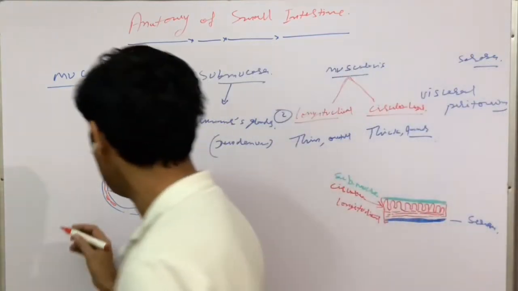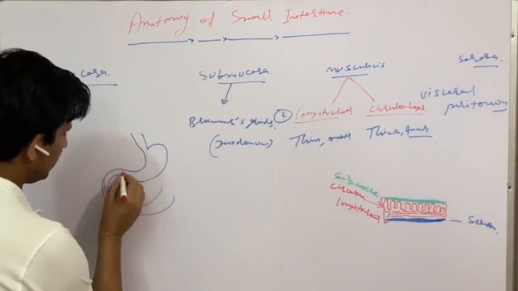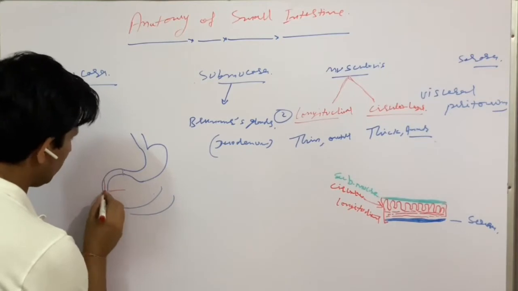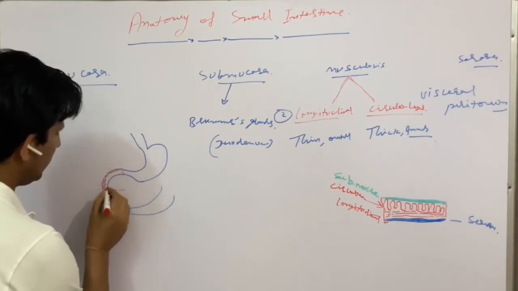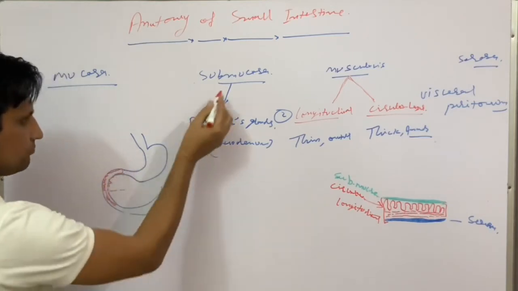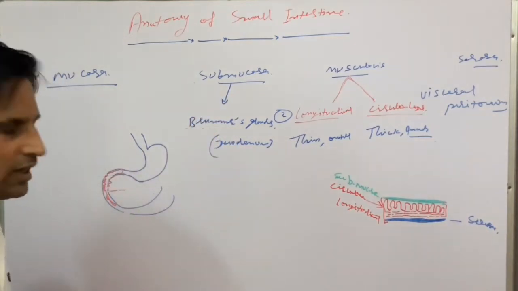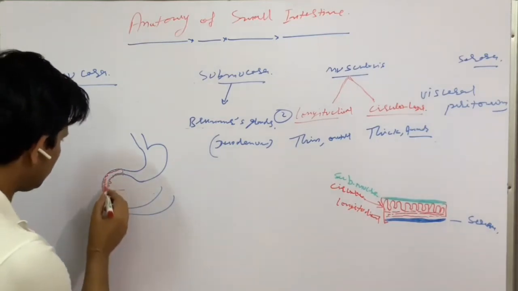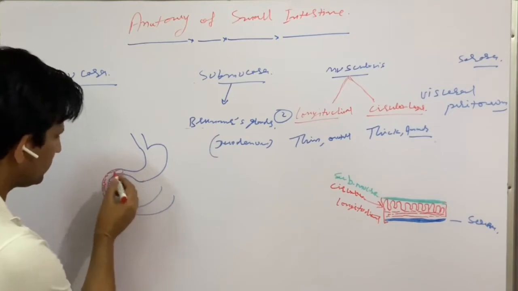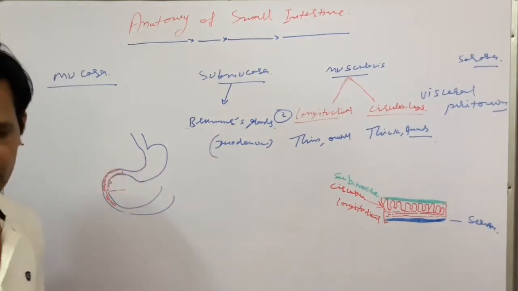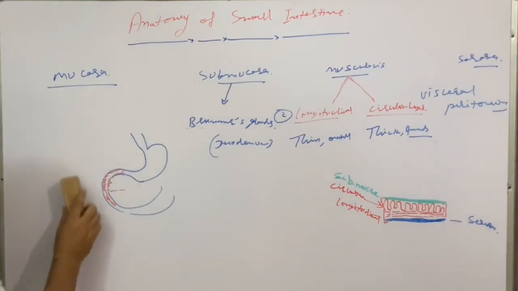So above this major duodenal papilla, between the pyloric sphincter and the major duodenal papilla, in the wall of the duodenum there are specific glands, the Brunner's glands, and these glands secrete bicarbs. This will help this particular section to neutralize the acidic environment, right? So this layer is known as the submucosa.